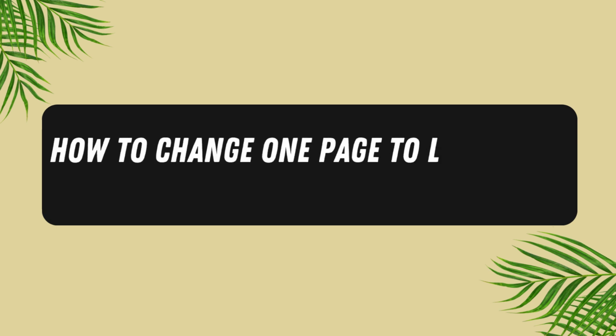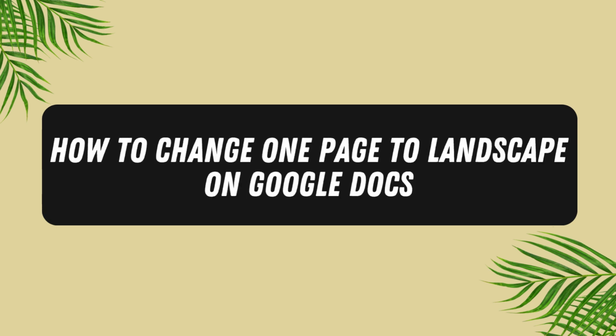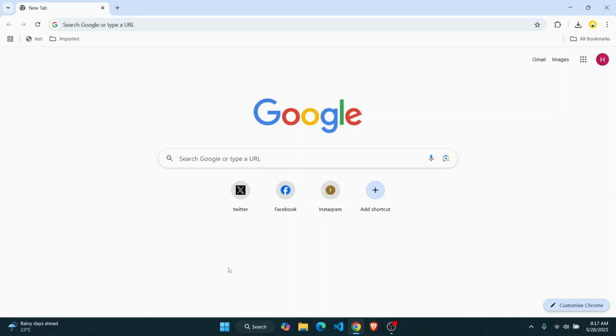How to change one page to landscape on Google Docs. Hey everybody, in this quick tutorial I'll show you guys how you can easily change one page to landscape on Google Docs. First thing you have to do is click on the web browser that you want to use and